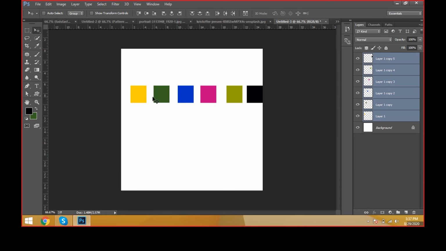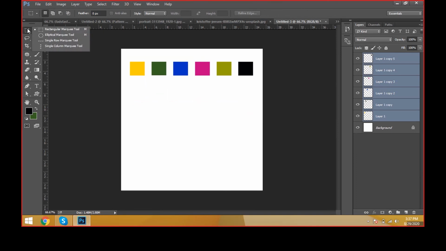Then what about the distance between these two and these two, in between the objects? There is no proper distance between every object. Select all these things and come to the distribution, horizontally. See, you can get all the things very clear. The alignments will be very clear. Okay, like this it is there. Come to the alignment session.